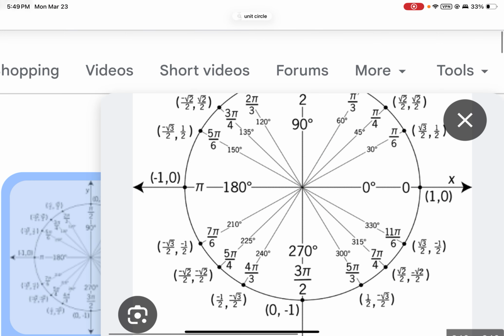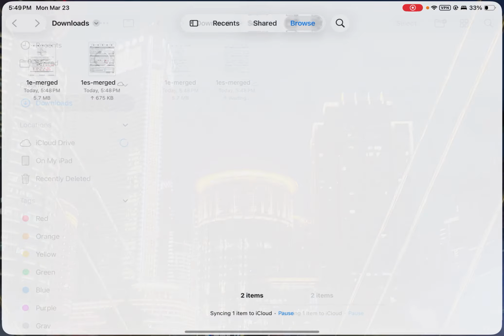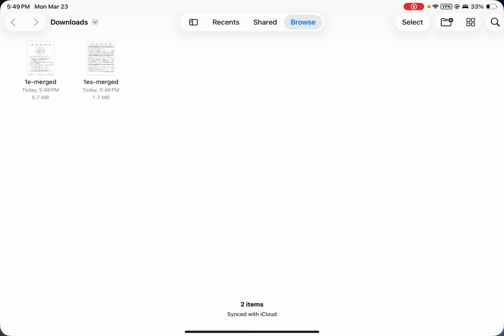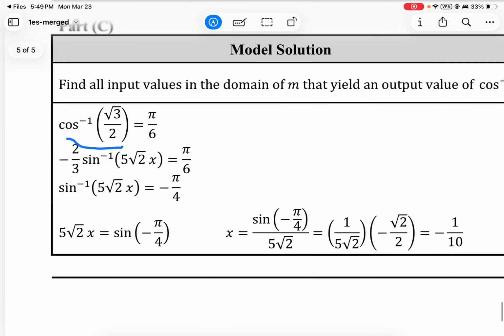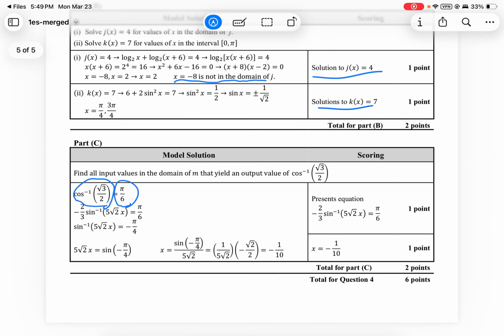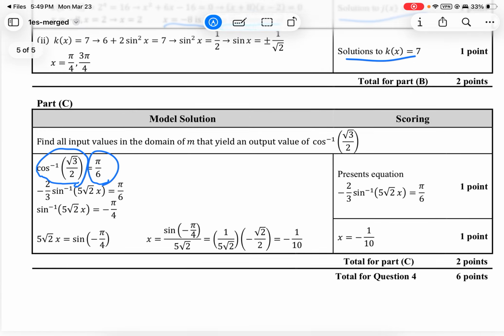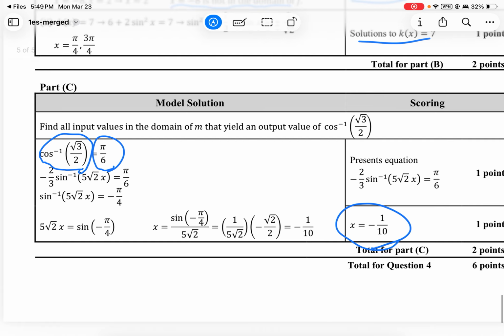And the last one, C, you get a point just for knowing that this is equal to this. And then you get a point for getting x equals negative 1/10. Okay, I know that last